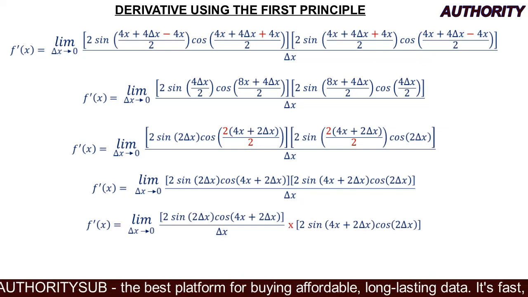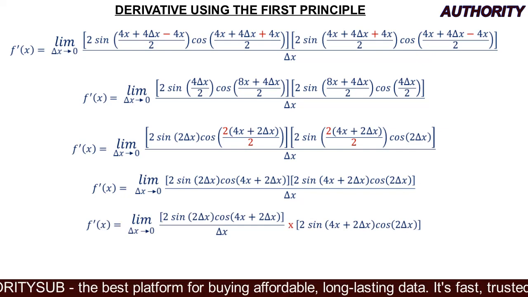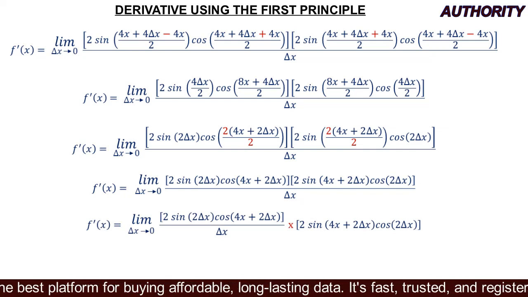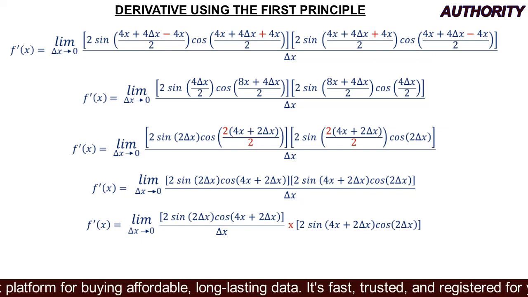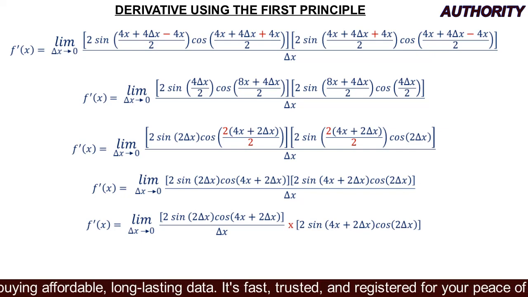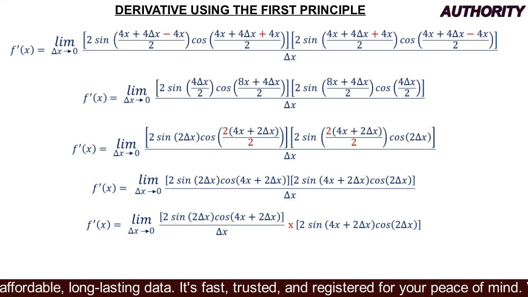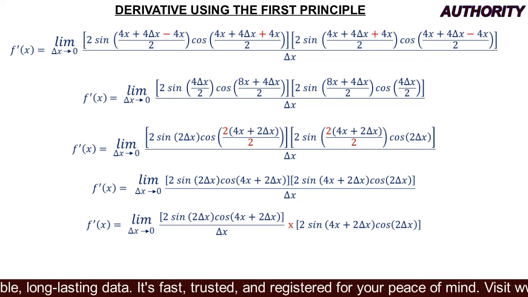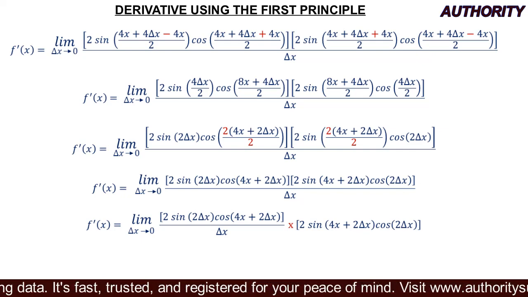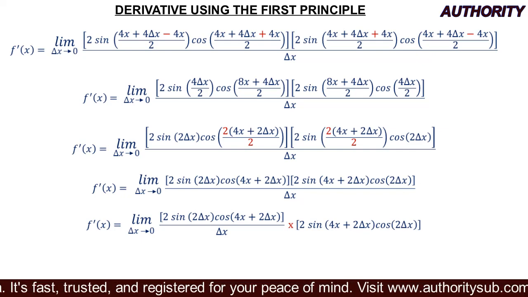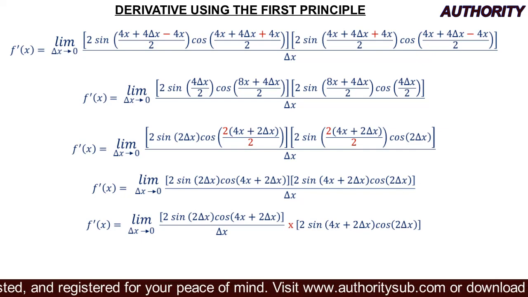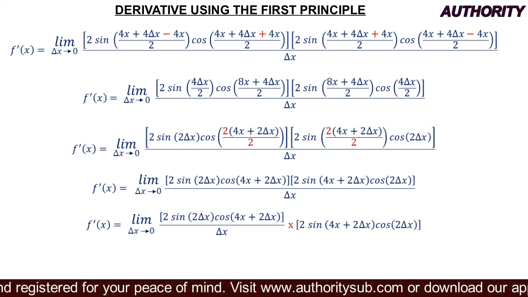We are going to have the limit as change in x approaches 0 of 2 sine 2 change in x multiplied by cos 4x plus 2 change in x all over change in x, multiplied by 2 sine 4x plus 2 change in x multiplied by cos 2 change in x, all in bracket. So look at this. You see this expression? We can now take the individual